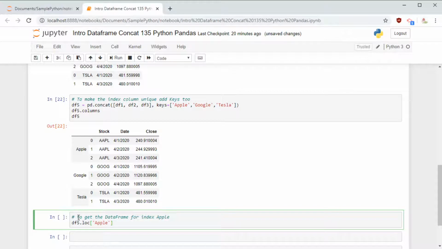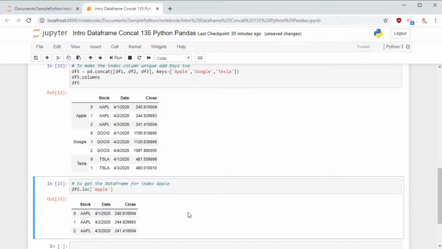What we can do here is we can say locate Apple, and the syntax is loc, and you pass the key as a parameter, and the first three rows are going to satisfy the condition, and it will display those three rows, and it will not display the rows corresponding to Google and Tesla because those rows will not satisfy the condition and will give a false, and given the false condition in loc it will not pull those records.